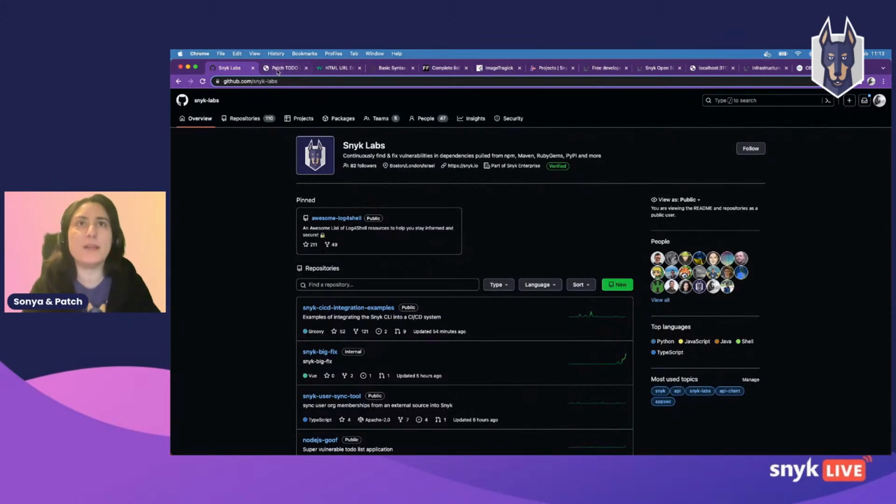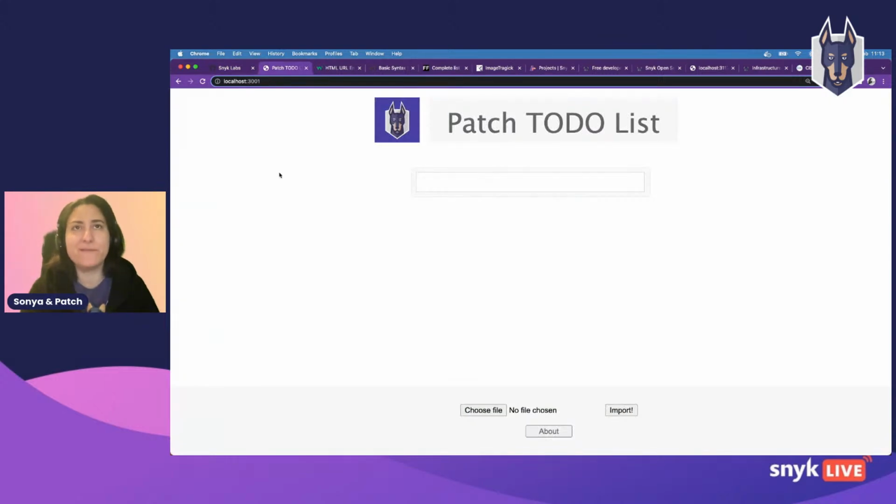The first one is a patch to-do list, a really fancy application as you can see. I'll put my attacker's hat on and think how I could tamper with this application. There are a few entry points that are interesting. Let's have a look at the URL here. Because I've git cloned the repo, installed it and set it up on my machine, this is why you can see the localhost. But imagine that you have that application hosted on a server. So let's try to tamper with this URL.